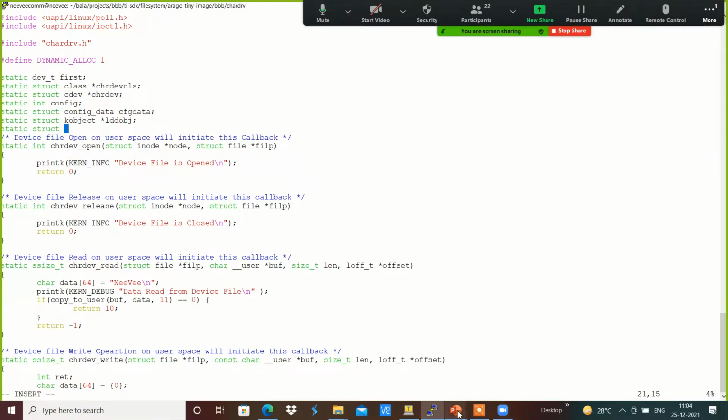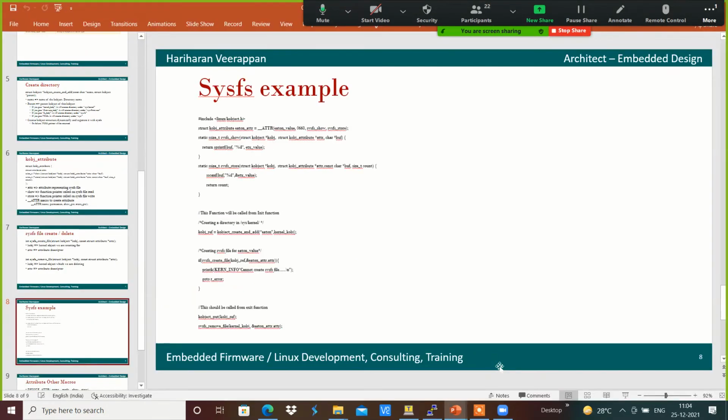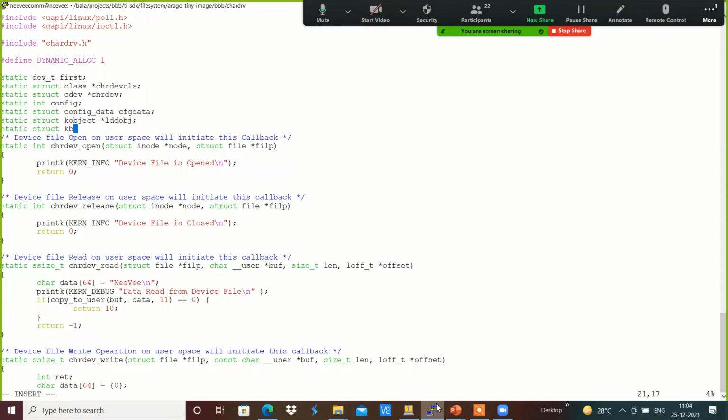We are going to create the k object attribute, which is a kobj_attribute, something like ldd attribute,